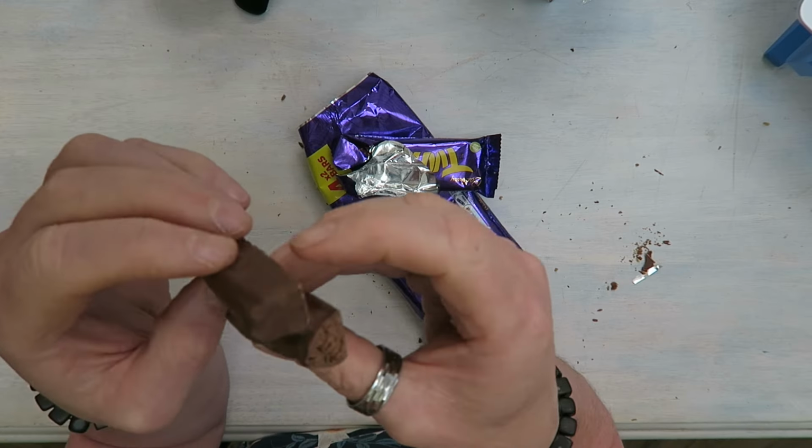Wow. I've got the biggest mess on this table ever. There's half open packets, half eaten chocolate bars everywhere. So I've got a bit of tidying up to do here. And I think